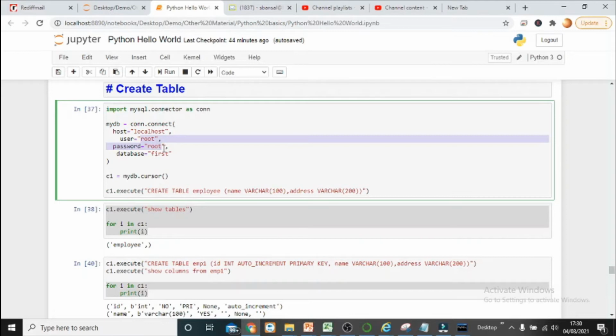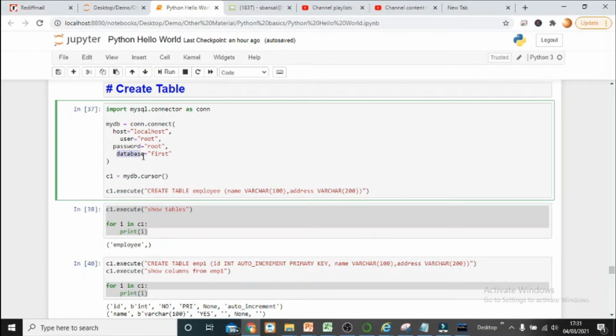Then there is another parameter available in create connection called database. Whenever you start working, you have to set some database as a default database where all the new tables are going to be created, or any table which has to be referred. So from which database, by default, we have to search a specific table which is given in a query. That is something we have to mention as a default, right?